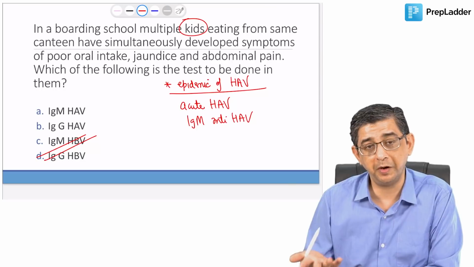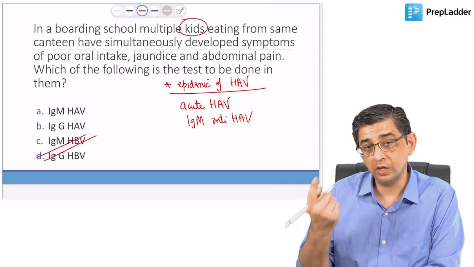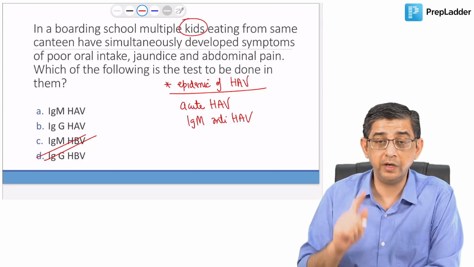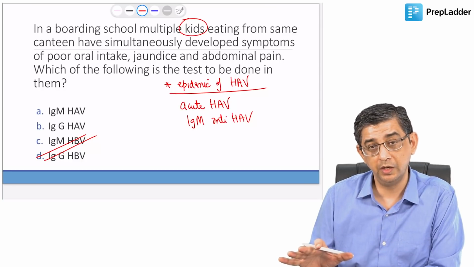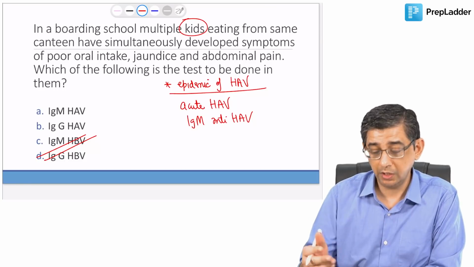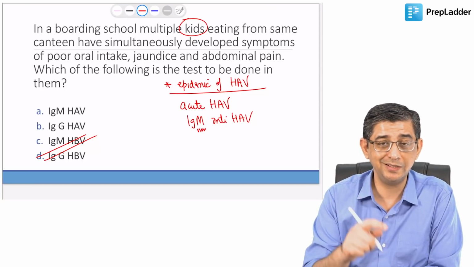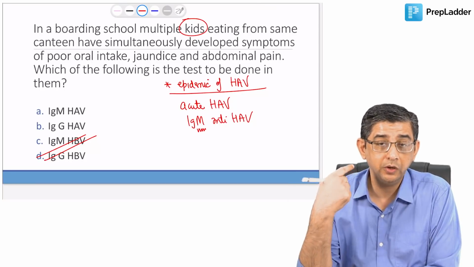We're not talking about any parenteral route of inoculation. IgG antibody is for long-standing infection, and anyway hepatitis A does not have chronic hepatitis. Even if you do not know this fact, you still have to diagnose an acute infection. I've highlighted time and again in my lectures that whenever it is talking about acute